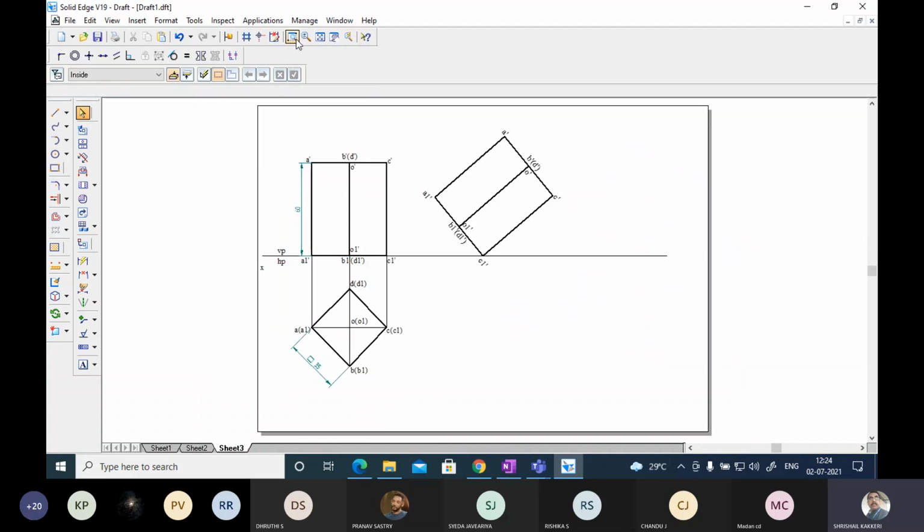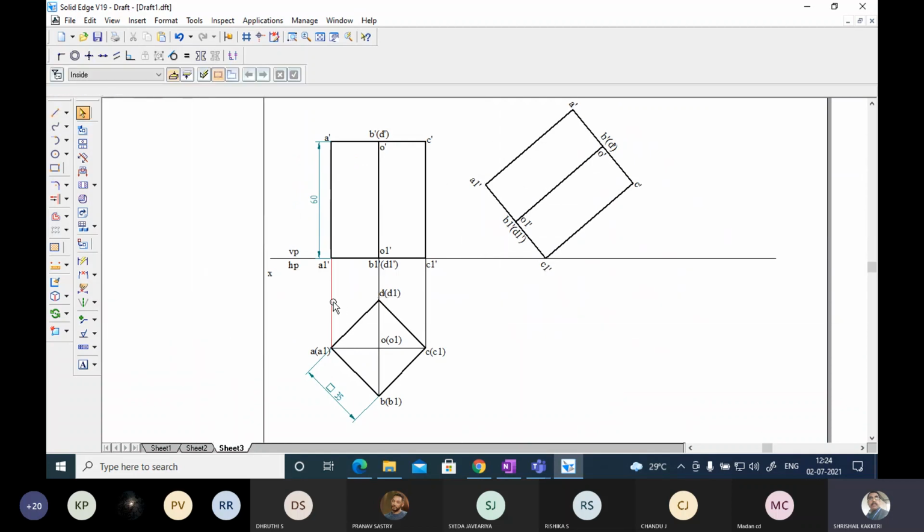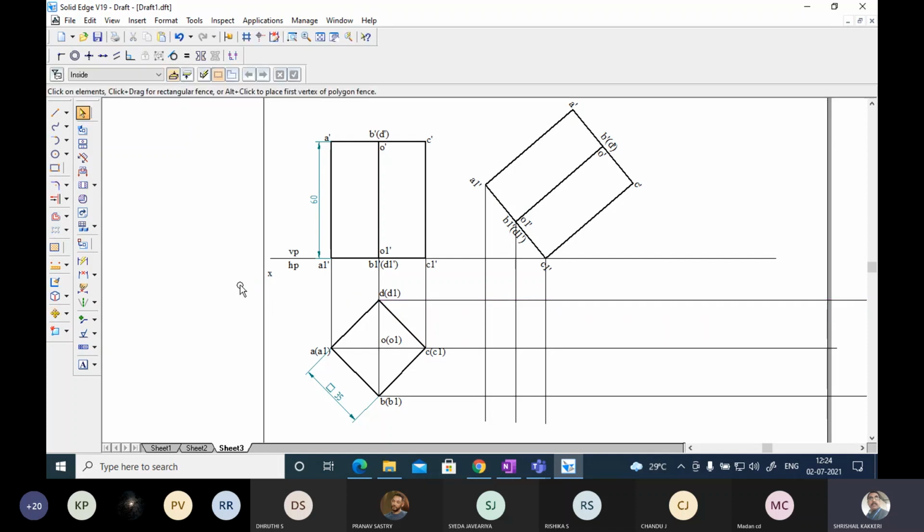This is the position. Next, let me concentrate on the bottom portion of it. Let me draw the line from all these A, B, C, and D on the same line. And now you draw one reference line and you can extend it. Now let me draw the horizontal line. I am going to draw horizontal line from A, from B, from C, and from D.